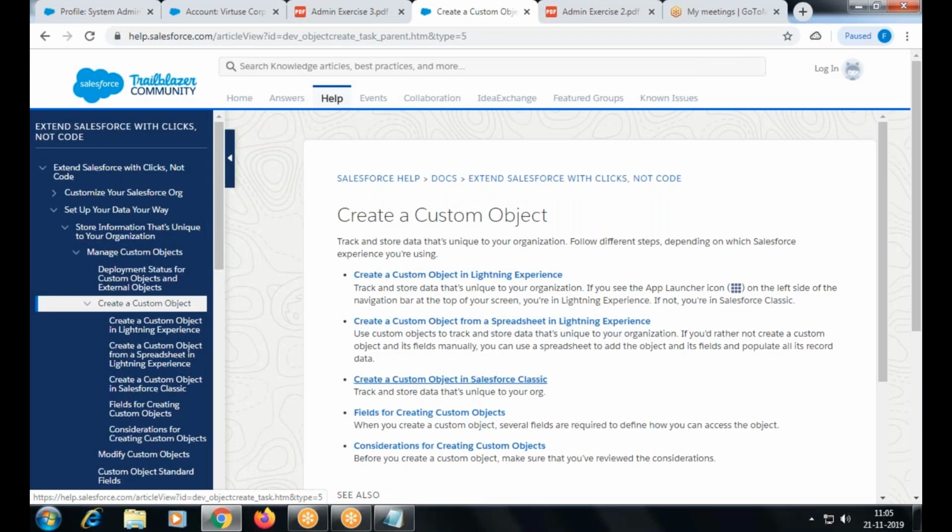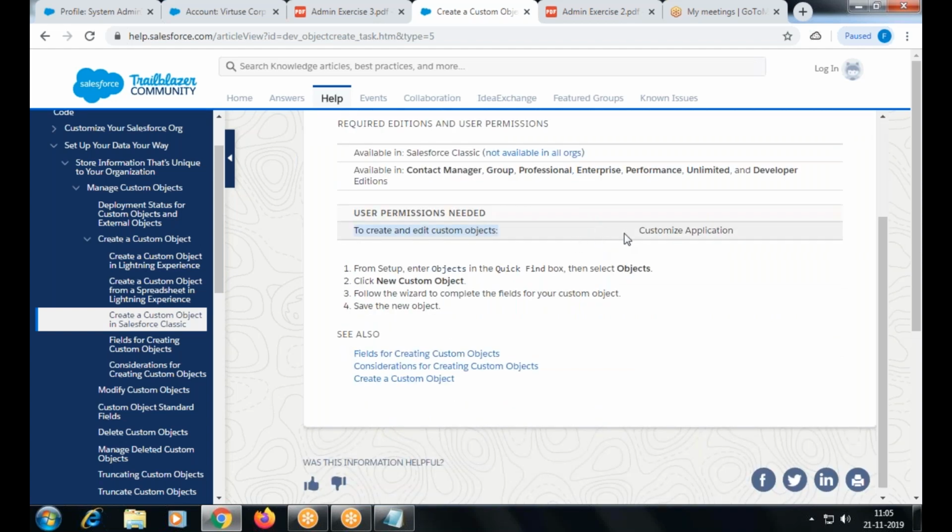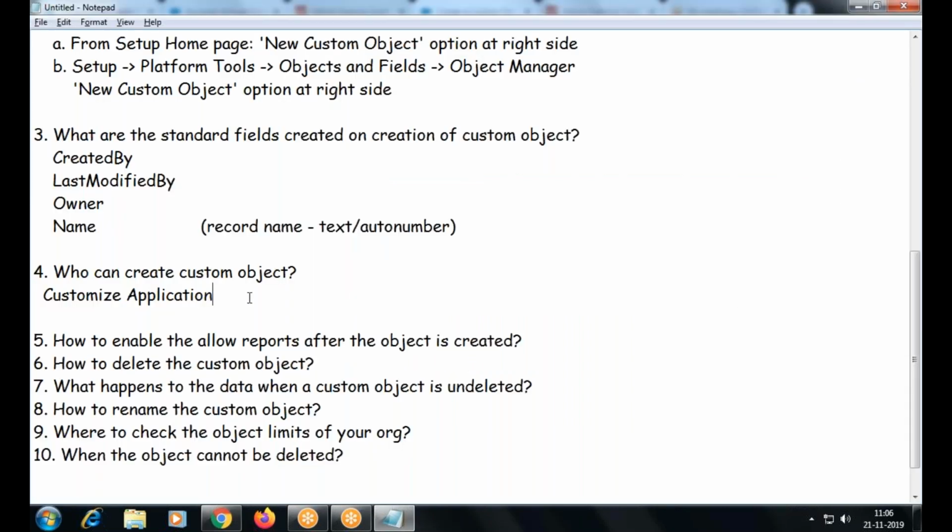So create object in classic. So what is the permission they mentioned here? Customize application. To create or modify an object, the user should have the customize application permission. Okay, when you say permission, it's part of your profile only. So customize application permission in profile, under administrative permissions.